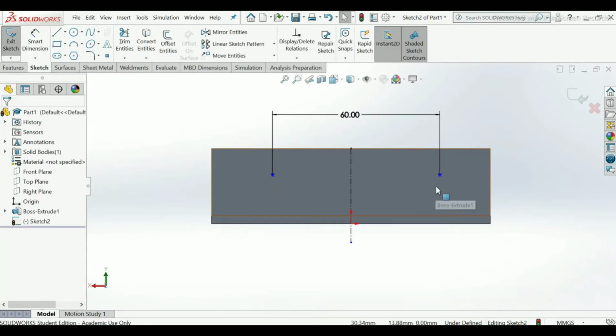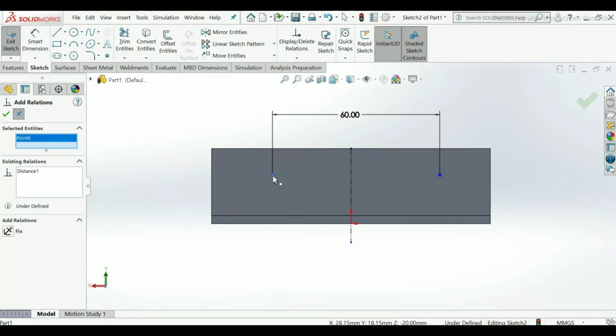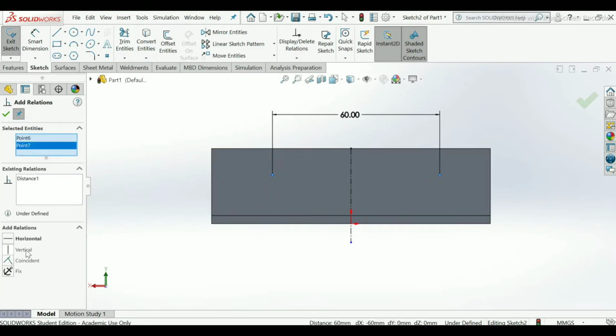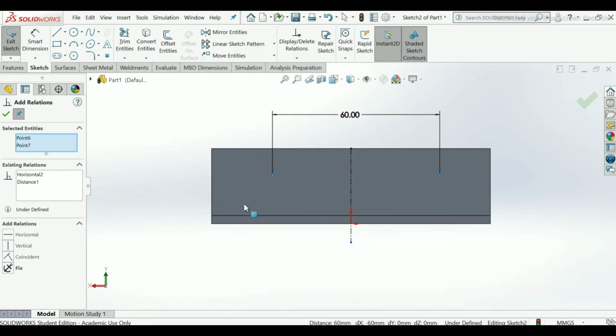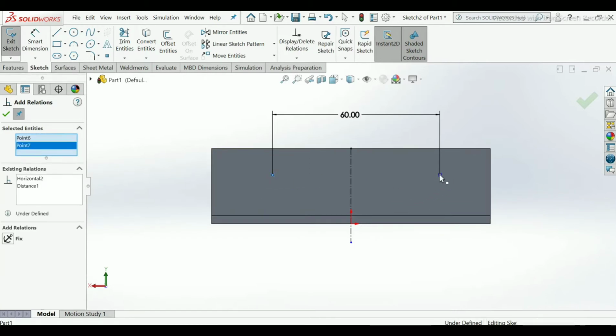As you can see, this is not symmetric now. So to make it symmetric, first use add relations. Select this point and this. First make it horizontal. Make sure it will be the horizontal axis only. Okay. Now again use add relation. Select the entities, this point and this.